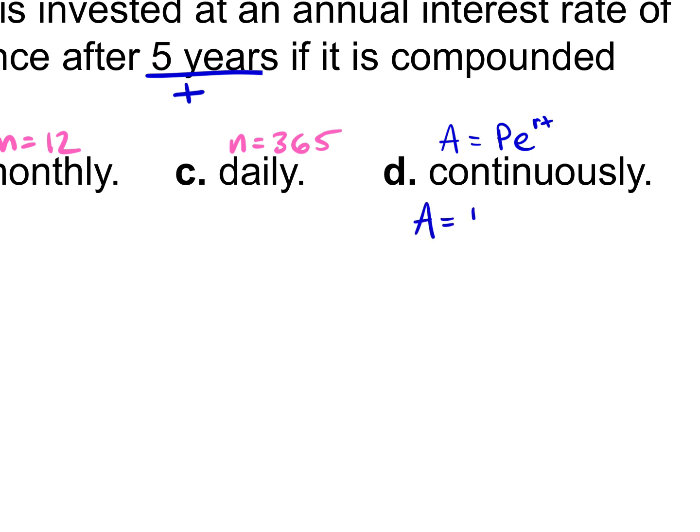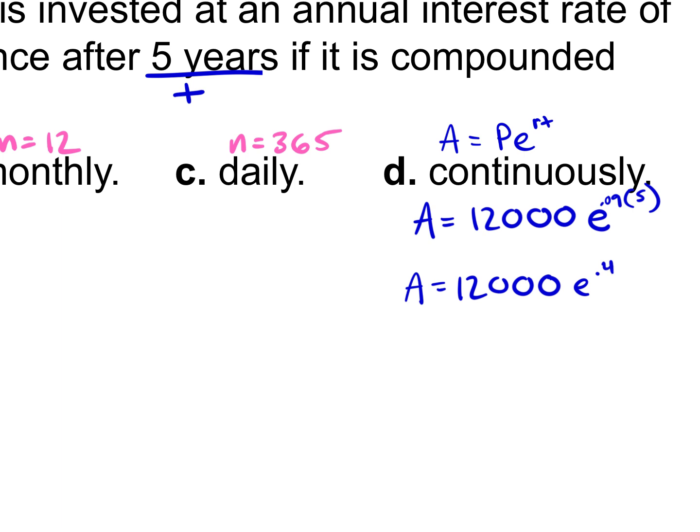So what's P? 12,000. What's E? Just E. E is a button in our calculator. What's R? 0.09. Perfect. And what's T? 5. Awesome. Now we can just plug this into our calculator. 0.09 times 5 would be 0.45. So E to the power of 0.45